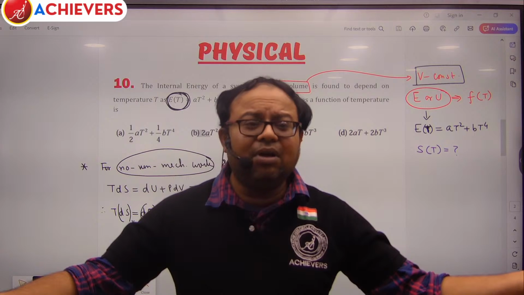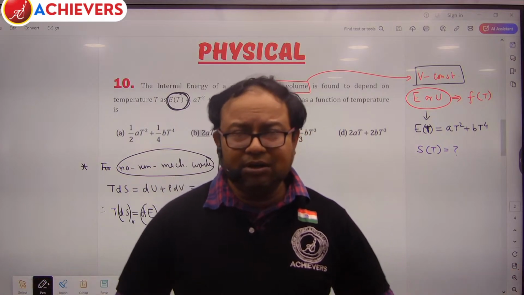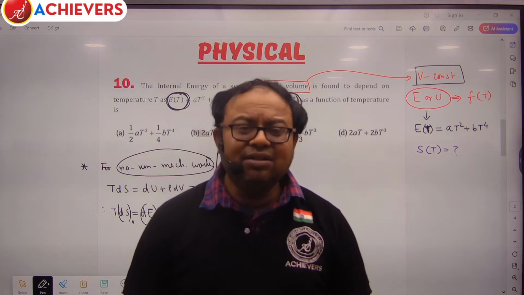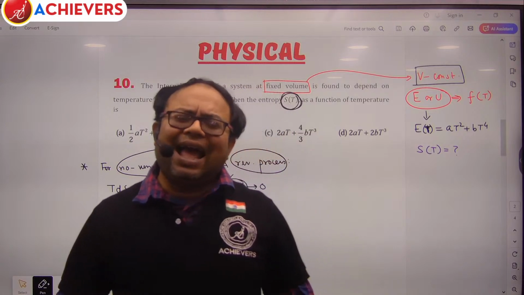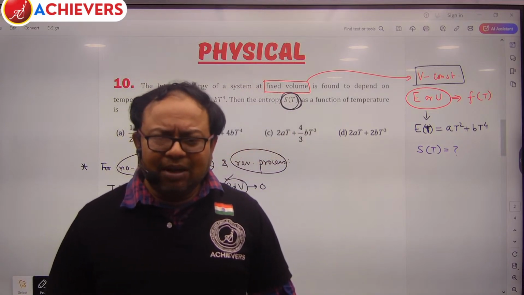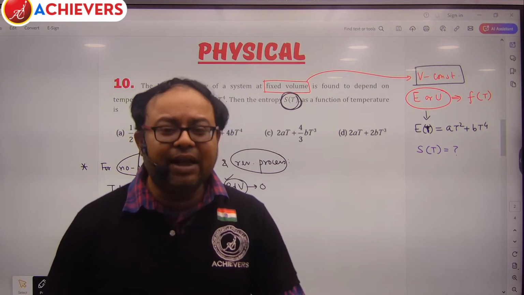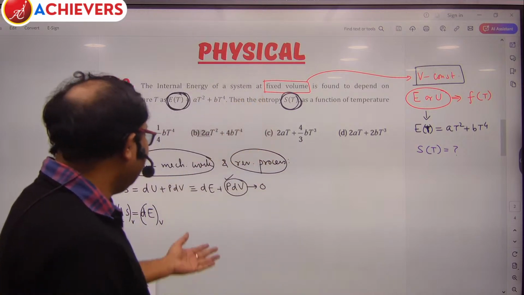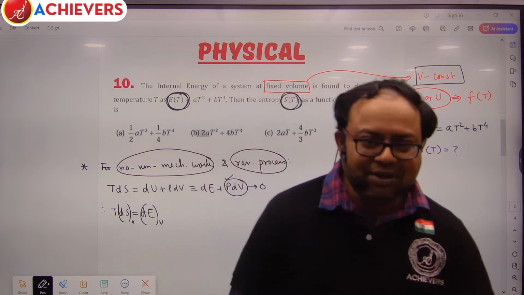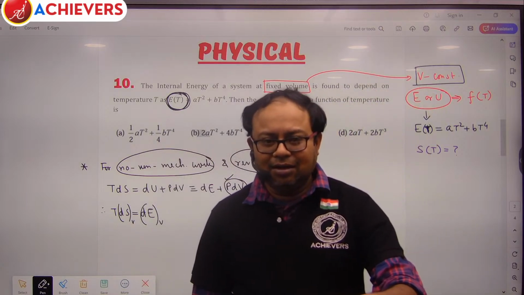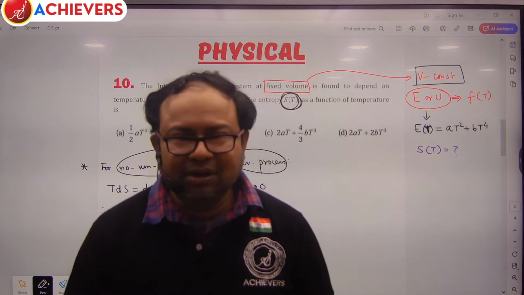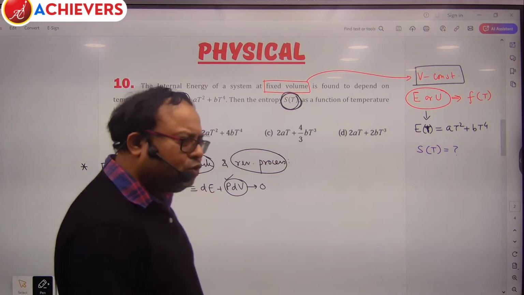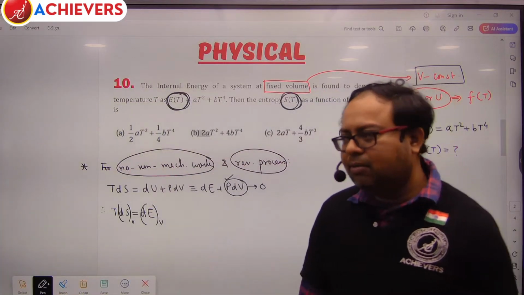So it is not important whether the process is reversible or irreversible. It doesn't depend on that. So we can consider the process to be reversible. That makes no difference in the case of a state function. Okay. So that's why we have considered the most fundamental equation in chemical thermodynamics over here, TdS